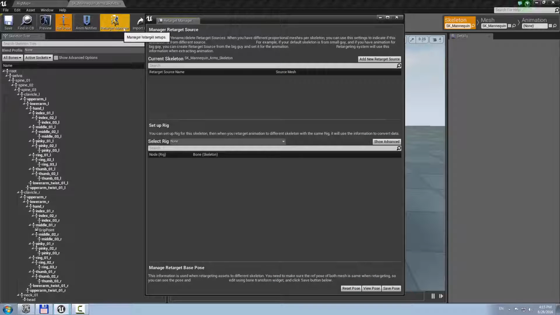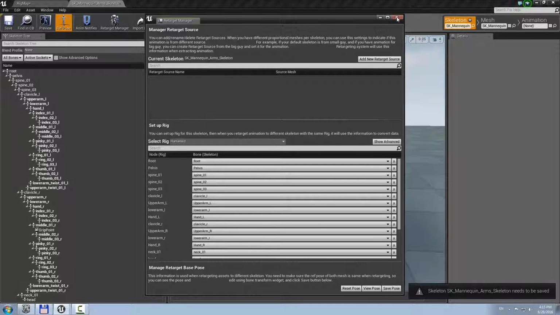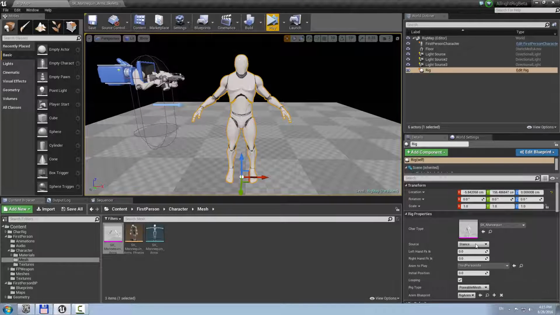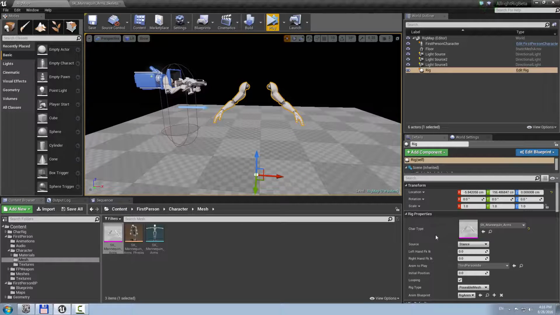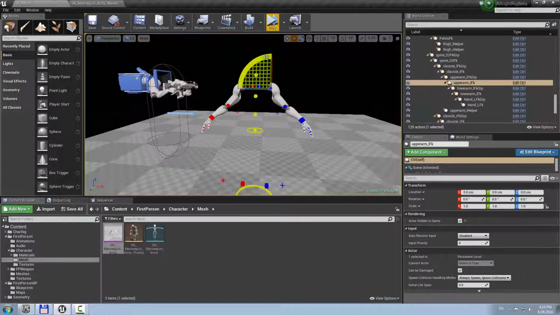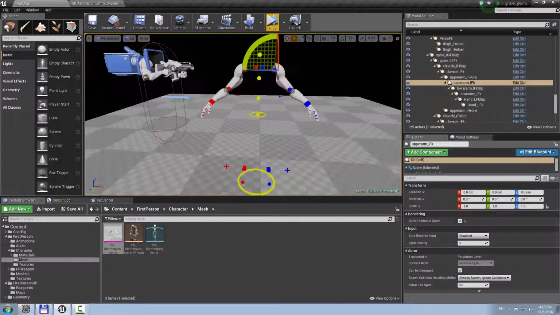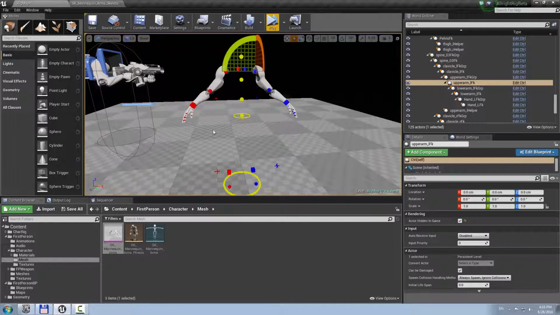So I can go to retarget manager and hit select humanoid rig, and then I can save this asset. I can go and assign the skeletal mesh for each character type and choose the rig, and I see that everything works perfectly. So now I can create my first person animations. This is the easiest way,